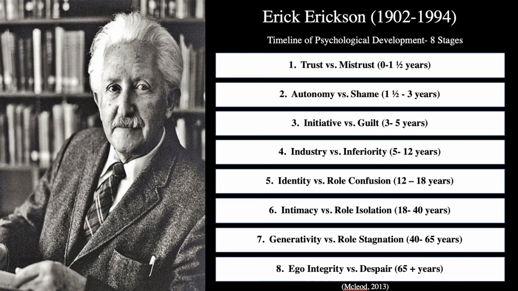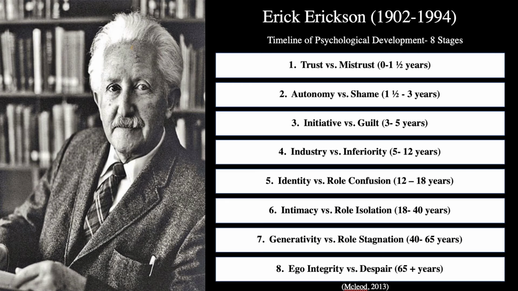Erik Erikson focused on the idea of identity and developed a timeline of psychological development which consists of 8 stages, 5 of which will be outlined. Erikson said that if a person had difficulty with any of the stages, they would have a problem later in life, which he called an identity crisis. Erikson identified specific social tasks that need to emerge in the 8 stages for healthy development.